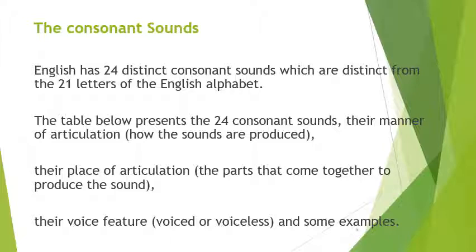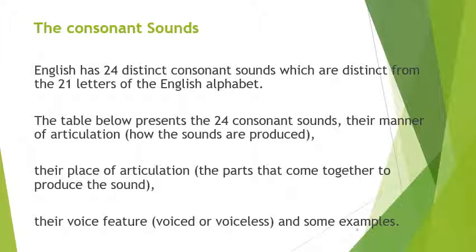And now the English consonant sounds, that is, consonant sounds belonging to the English language. English has 24 consonant sounds, which are distinct from the 21 letters of the English alphabet. Yes, in English there are 24 consonant sounds, and these sounds are different from letters. These are letters. We use letters to write, and these sounds are distinct from these letters we see on the